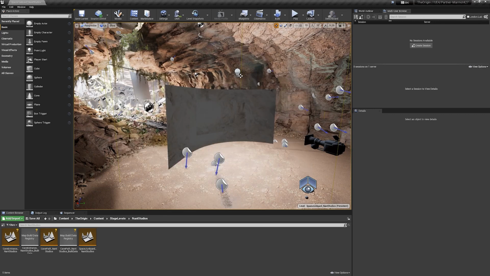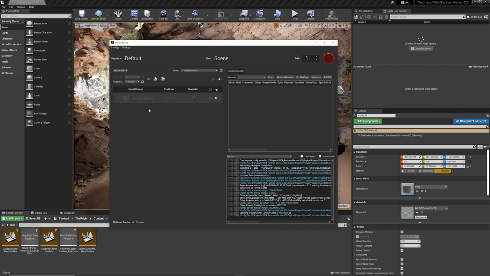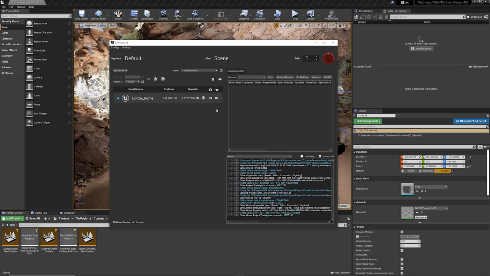You can hide that. So heading back over to Switchboard, we can now actually tick this little connection icon here, and you can see that that is now no longer grayed out. And if we did ever want to make any changes to this, so for example, if we wanted to change the name or change the IP address, we could actually untick that and we can make those changes here. So we could actually call this editor home. And actually we could change it to my local IP address, which is that. So just bear that in mind. So here we are, connected.